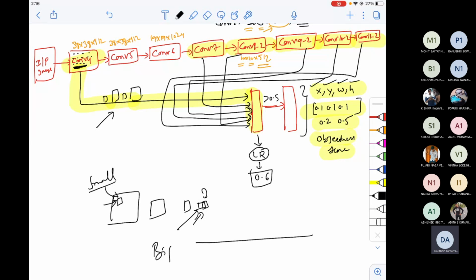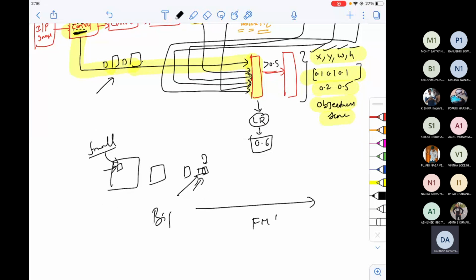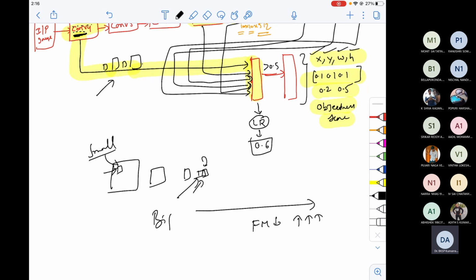Now, as you go ahead, the feature map size will reduce. I'm not changing the proposed box size, but relatively it will increase in terms of look and feel. If you observe this particular diagram, my feature map is this, my box is also this. That means my box size is almost covering the entire feature map. That means I'll be able to classify even the bigger objects. You understood the logic? It's a wonderful logic actually.